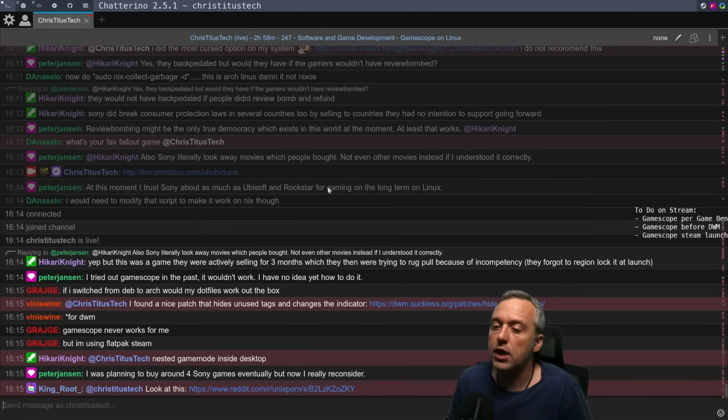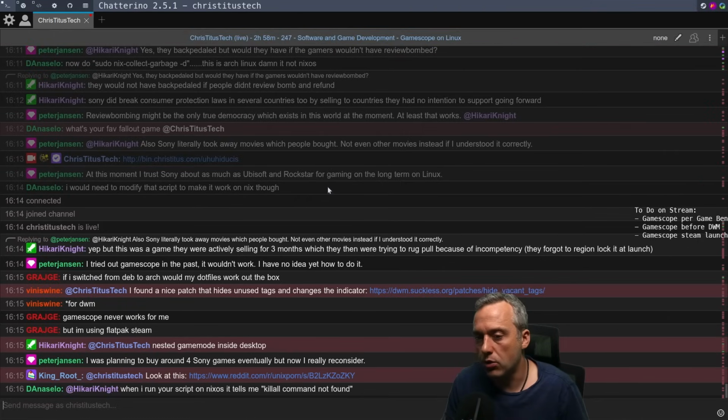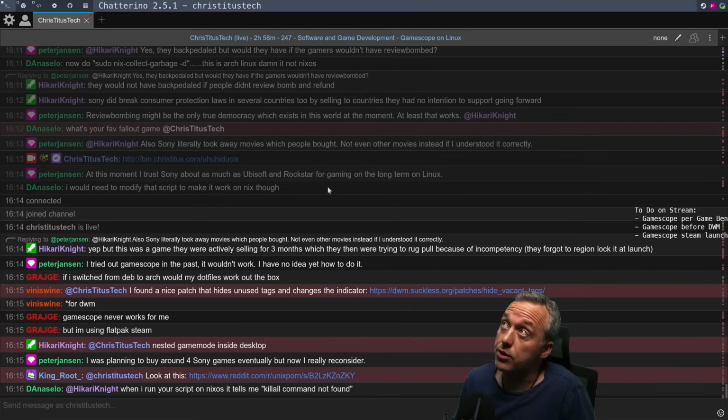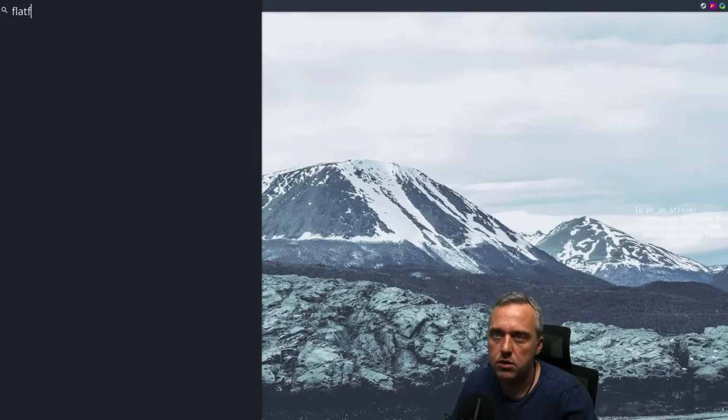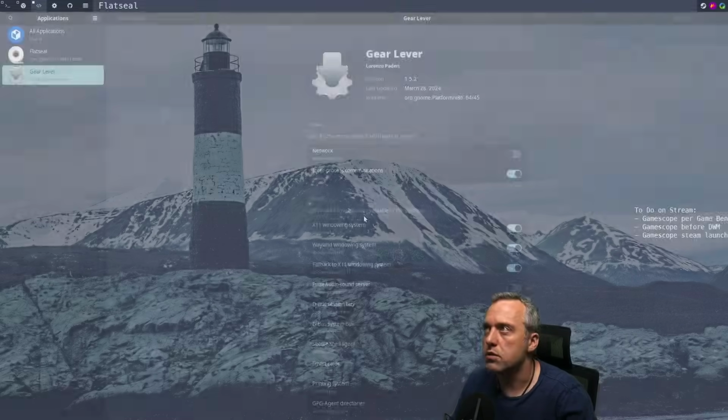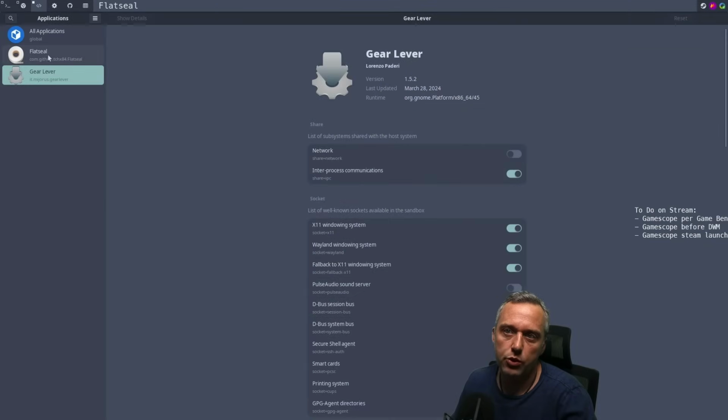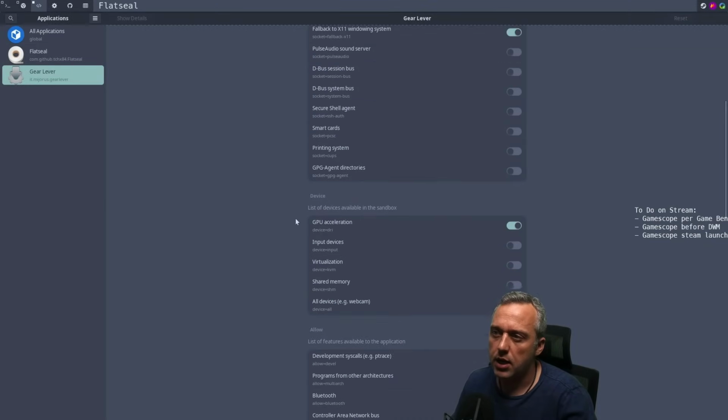Oh yeah, using Gamescope and Flatpak on Steam, I could totally see that being an issue. You could probably give the Flatpak Steam writability so that would work just fine. But I'd probably need to use something like Flat Seal if you run into that problem. You might go to Flat Seal, and from Flat Seal you would have your Steam listed here, and I probably would